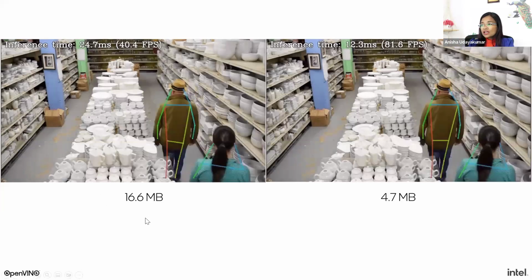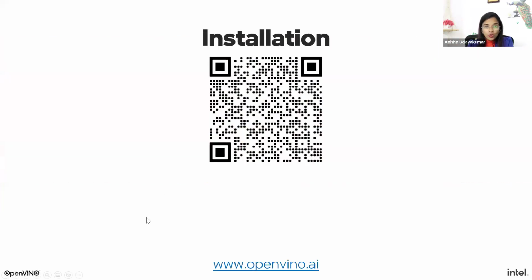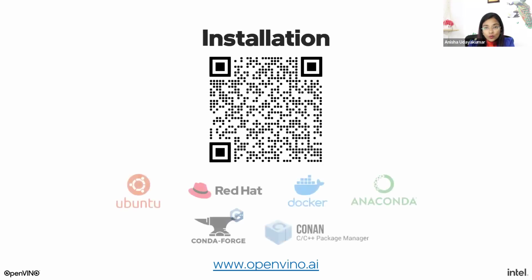So let's deep dive. Now that you know what OpenVINO means, if you're wondering how or where to get started, all you have to do is install OpenVINO. You can install it through package managers like Yum for Ubuntu, apt for Red Hat.